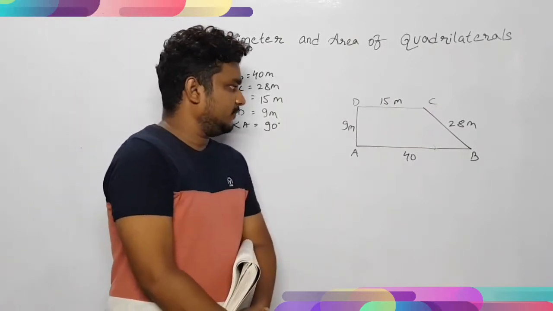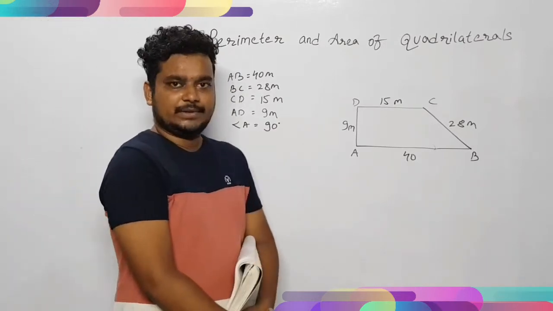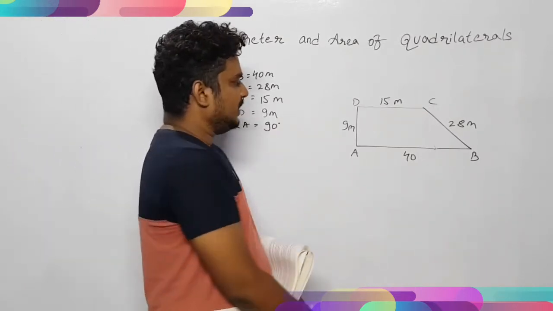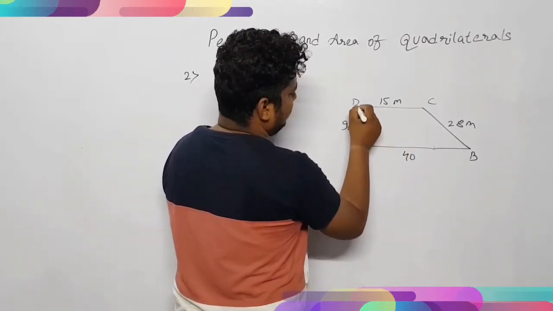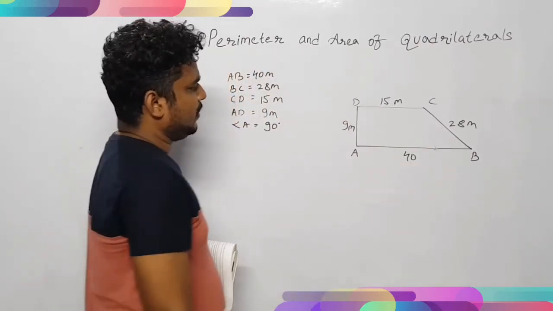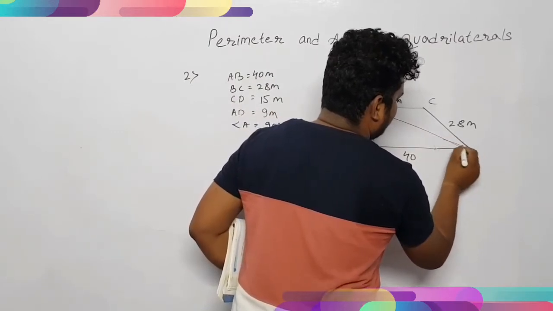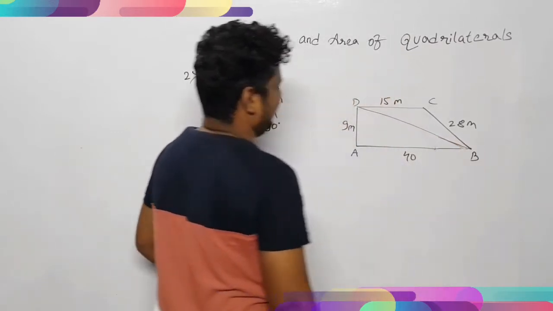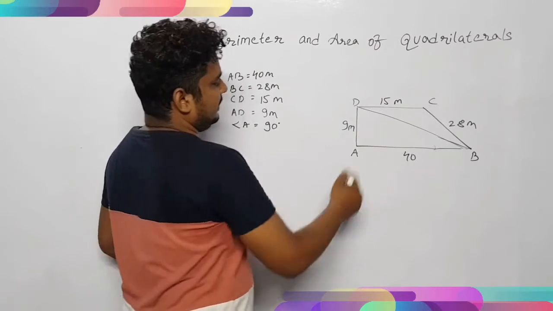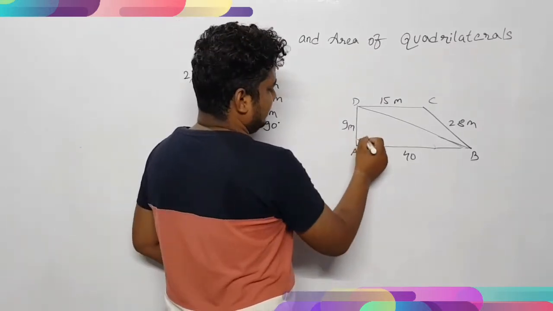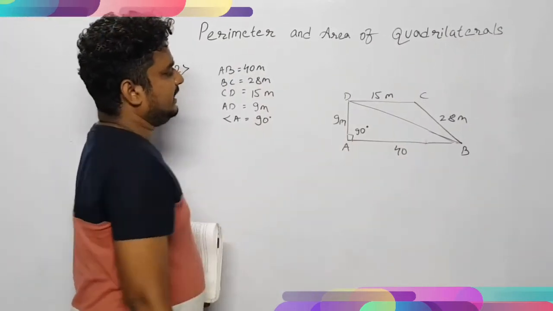So first of all, how to proceed with this question? Whenever we have this type of question, how will we solve it? In order to get the area of this figure, we can do one thing: we can join the diagonal. We can join this diagonal, and we will find the length of this diagonal. How to find the length of this diagonal? This angle is given as 90 degrees; in the question itself it was given. So we are finding the length of DB.